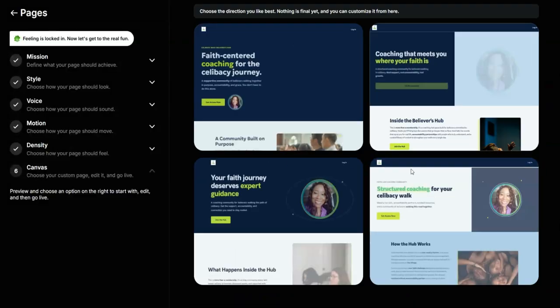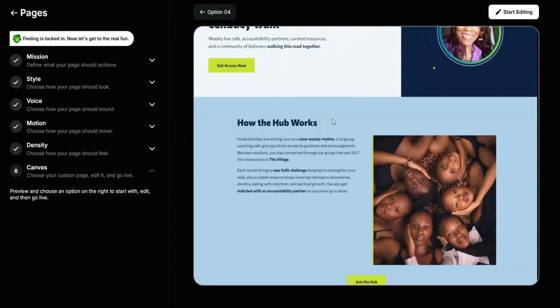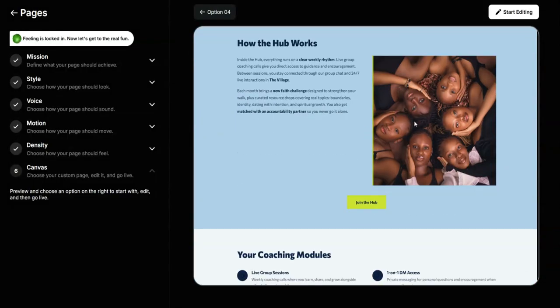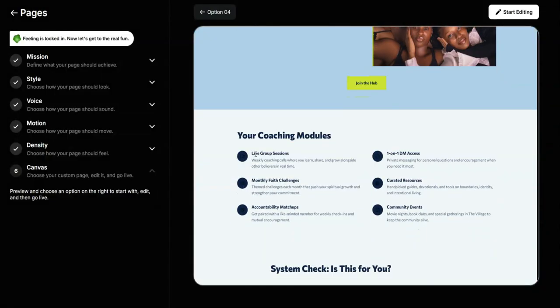Let's see option 4. Let's see what that gives us. Another orbit style. Nice. Structured coaching for your celibacy walk. Nice. How the hub works. Interesting. I like how we can always change the pictures, right? But I do like how it showcases different faces and the coaching